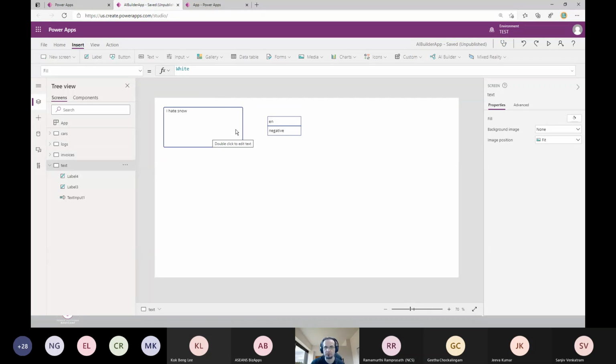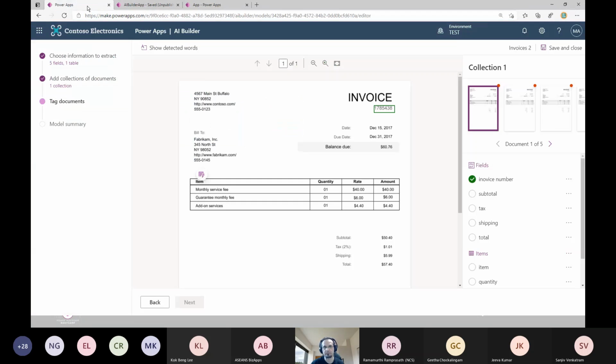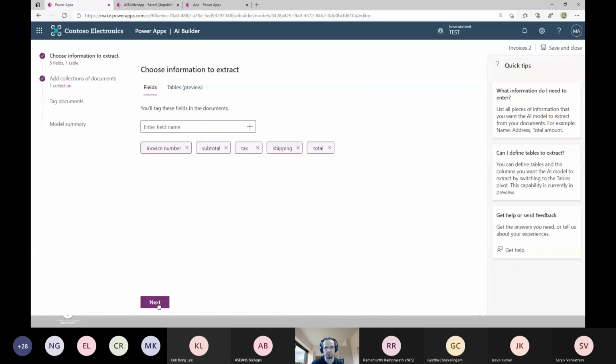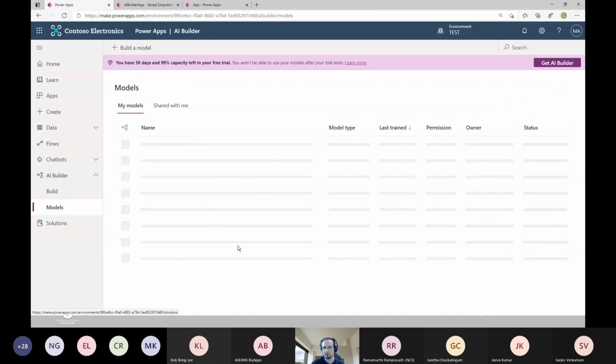So as you see, you can very quickly, without coding anything, use your AI Builder models inside Power Apps. You can use it almost the same way in Power Automate, but with Power Automate actions. So there's more to work with and create some automation. But if I go back to my models,